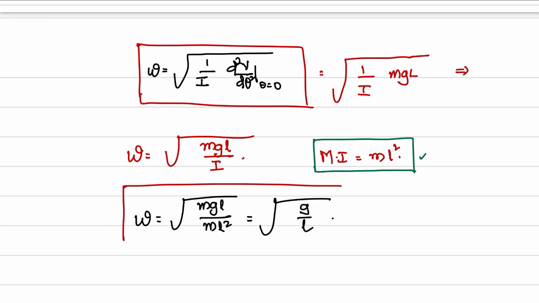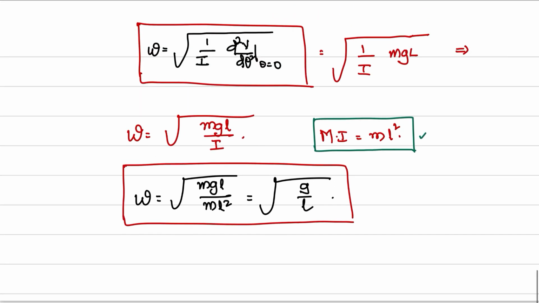Here, if you see, for deriving this we have not used any forces, any components of the forces, or any vectors. We have simply found the derivatives and substituted the values. Therefore, omega of a simple pendulum will be square root of g by l, which implies T is equal to 2 pi into square root of l by g,